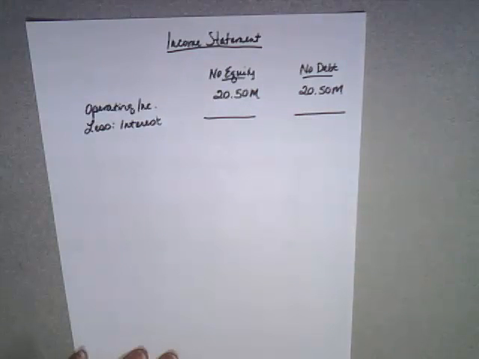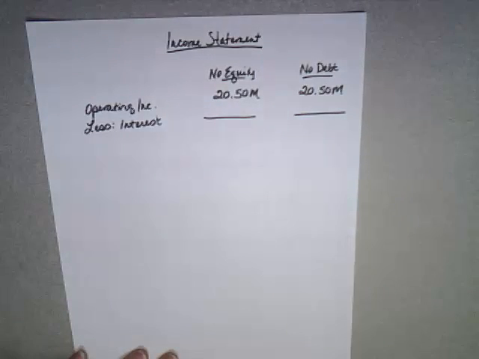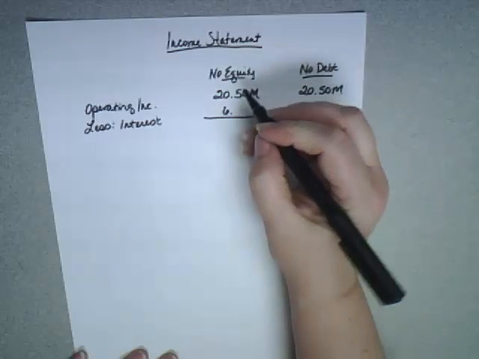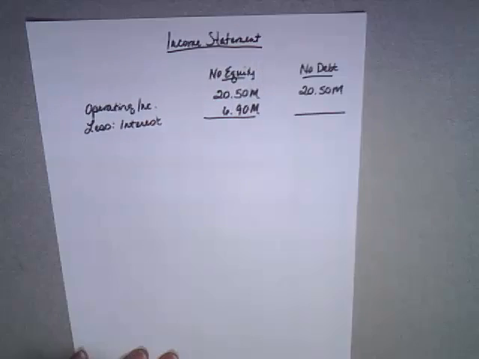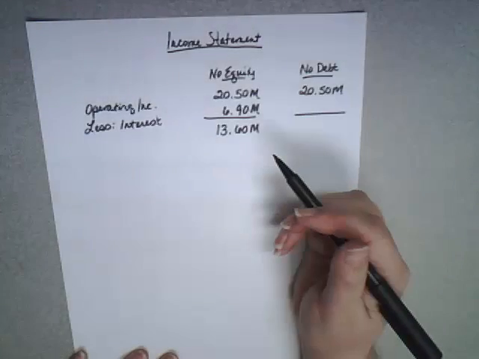they financed their assets. Let's see what it says in the problem. No equity financed its $70 million in asset with $69 million in debt, on which it pays 10%. So if we look at 6.9 million, and we're going to finance that with 10% interest, then what we're going to end up with is an interest payment every year of 6.9 million, and that is going to lower our taxable income to 13.6 million. Okay,